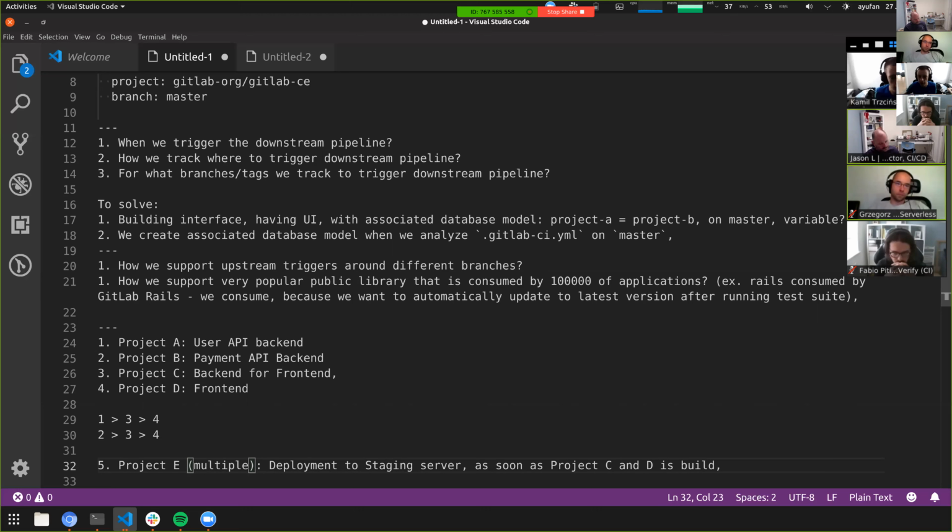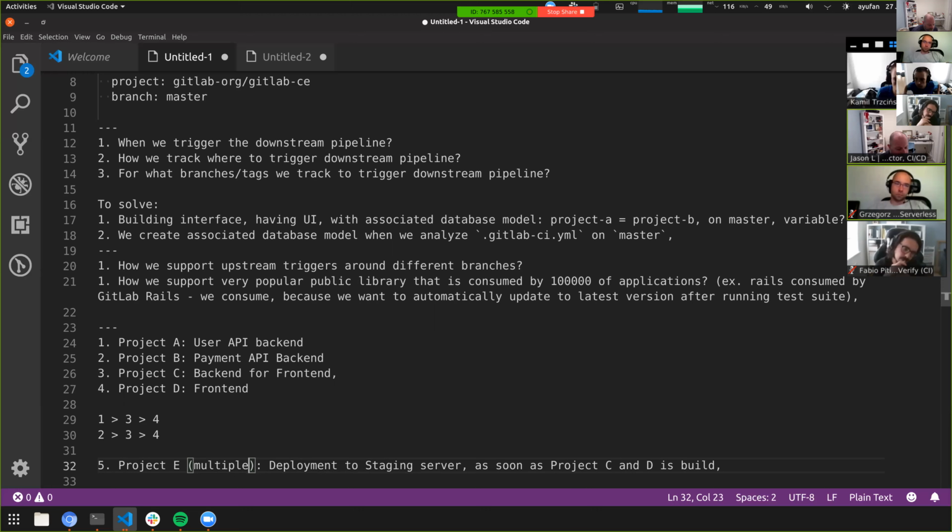Maybe you have another project that performs a review apps deployment, because your application is more complex than what you can put in a single repo. So this is another use of the upstream and downstream dependencies, basically the downstream dependencies that you may use.